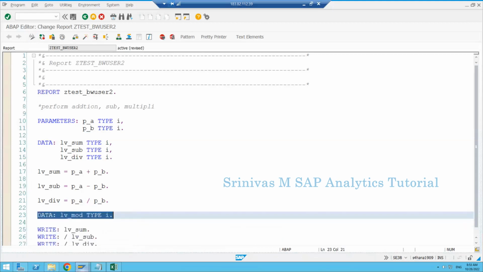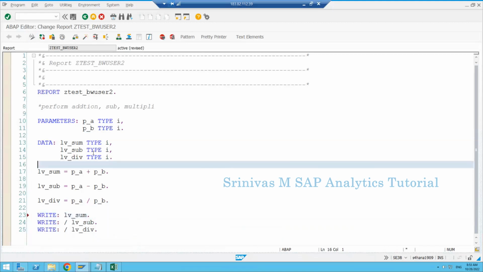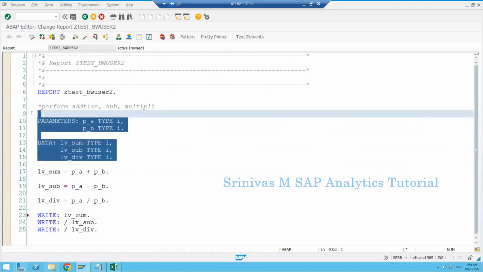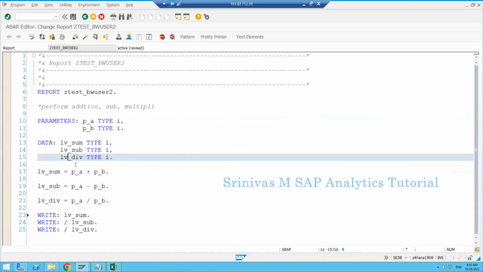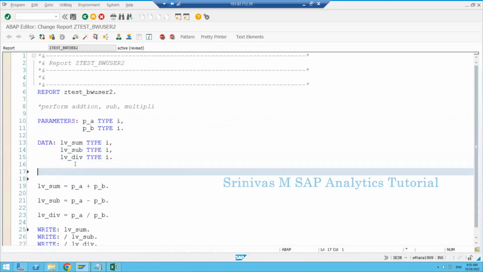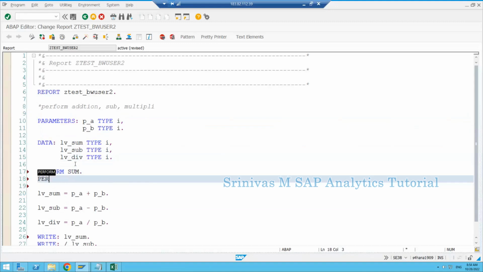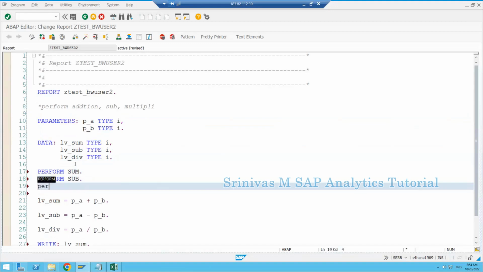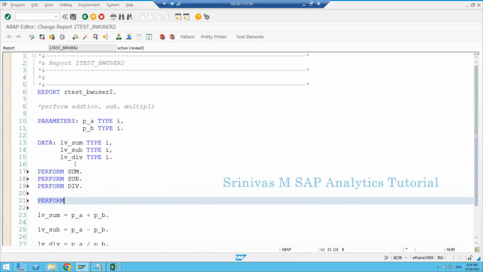Okay. To make our code a little bit cleaner and nicer, it is recommendable to define all the variables on the top. This is one of the recommendations we follow here. Okay. So declaration part is the first module, we can say. After that, I want to perform some, right? So what we can do is we can write a perform sum. Okay, and then we can write a perform subtraction, perform division. Okay, perform